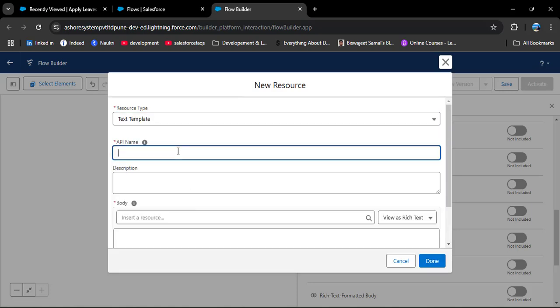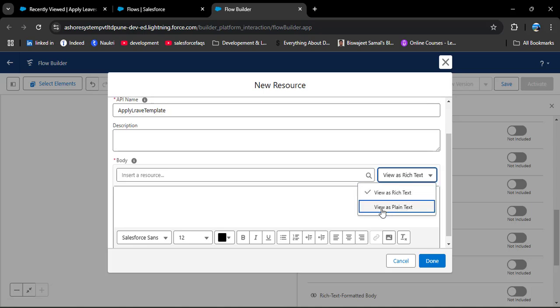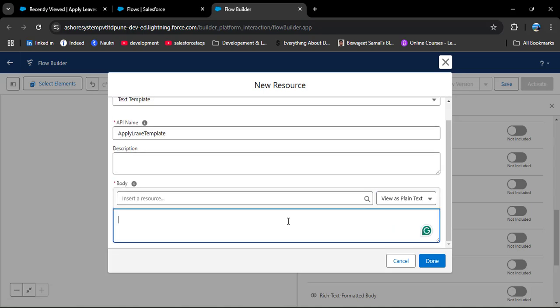Here I am entering the API name, apply leave template. You can provide a description, and then in the body we need to add the text which we want to send with the email. Instead of view as rich text, here I am selecting view as plain text. Now here I am entering